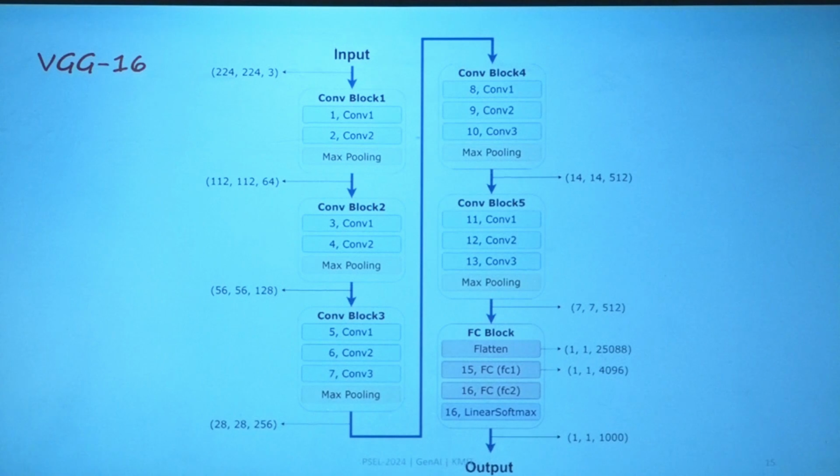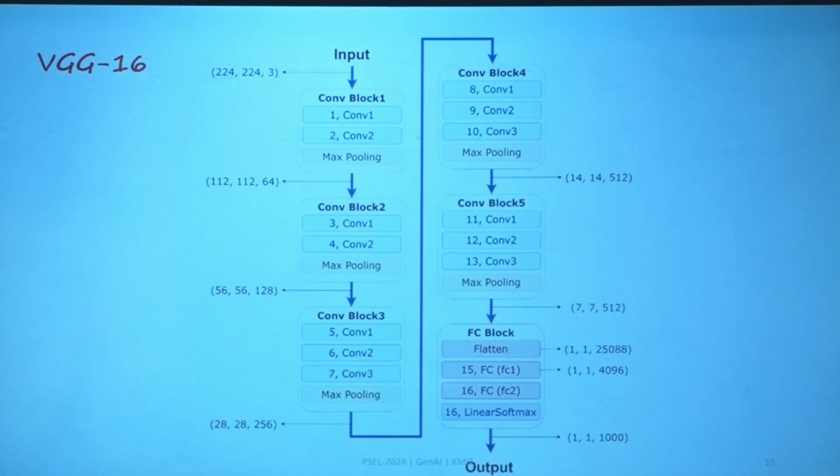So when you are working with VGG16 for your specific task, you have to meet this requirement. Your images should be of size 224 by 224.